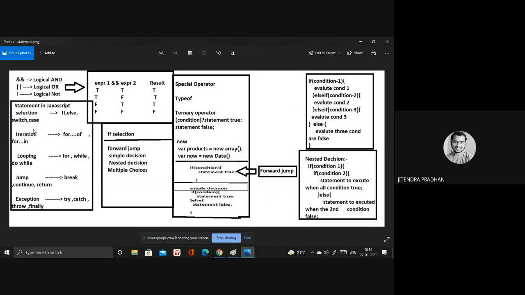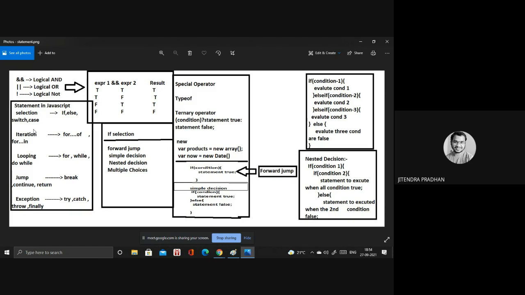First thing we have to discuss is the if else statement, like if selection. In the if, we don't have an else condition; we are only writing if. It's just a condition, there is no else part in the if. If we talk about the if else statement, we have already discussed that with an example. If the first condition is true, the if part is executed. If not, then it executes the else part. We have if and else statements.